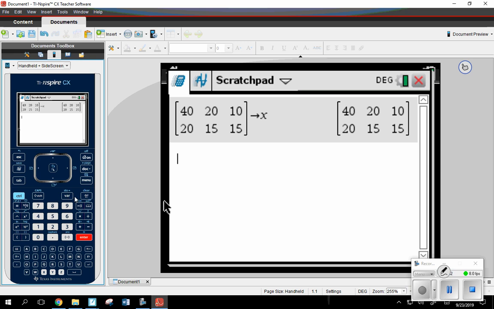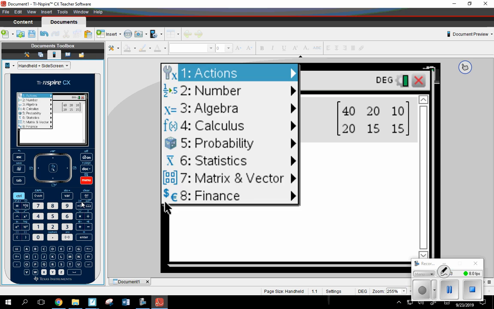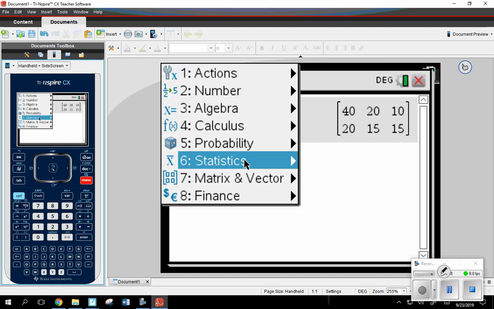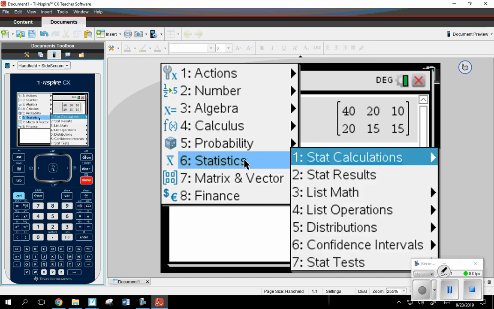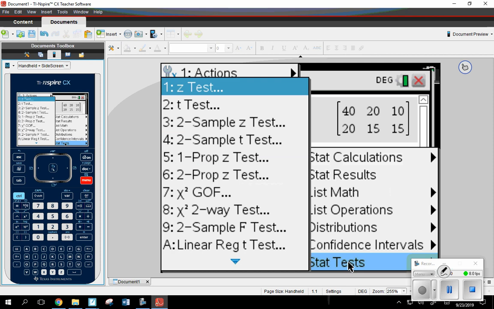Okay, so now, who was it who said menu a second ago? Was it John Henry? Okay. So after we've got the matrix in, I'm going to click menu. Okay, let's see. Laura, where do I go from here? Statistics? Jaylee? So after I choose statistics, what do I want to use? Okay. Elizabeth, can you help her out? Oh, okay. Erica? There you go. So you choose menu, statistics. We want stat tests.